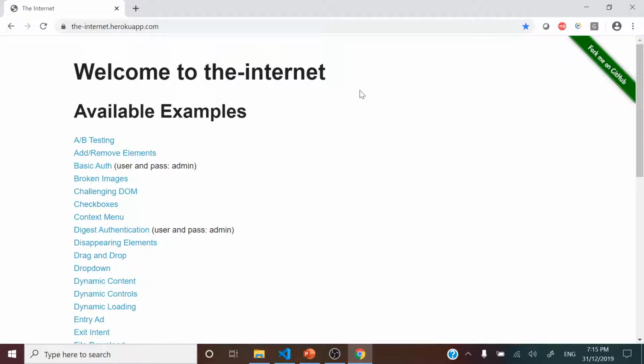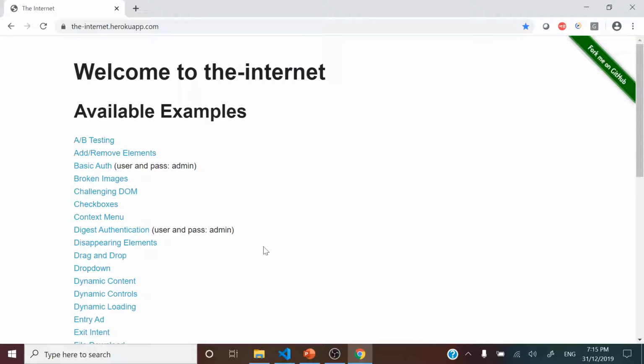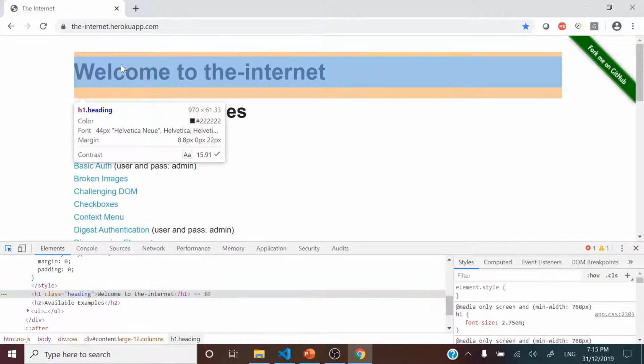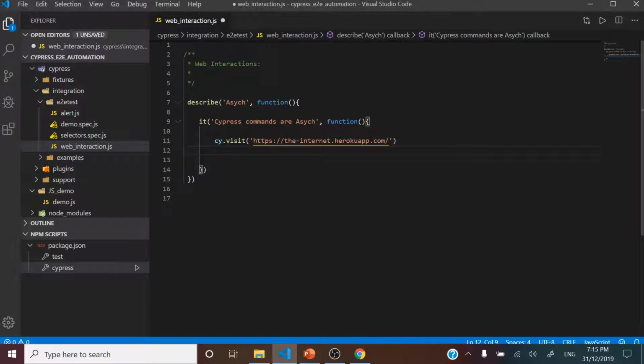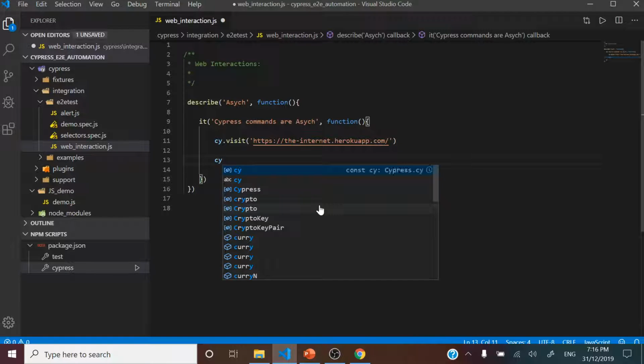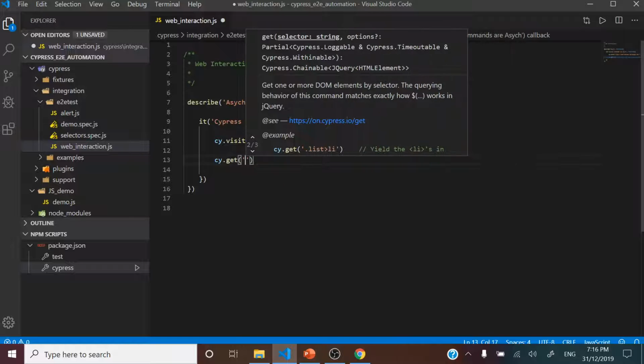And once we have visited, let's say, for example, let's try to get this text, Welcome to the internet. If you right click and inspect, I'm pretty sure this is either H1 or H2. This is an H1 tag. So we can also remember it's one of the selection strategies where we can provide a tag name alone, if the tag names are at least at a higher level in the hierarchy, either it is H1 or body, H2, whatever. So if we say cy.get and the selector is a tag name, we didn't copy that,